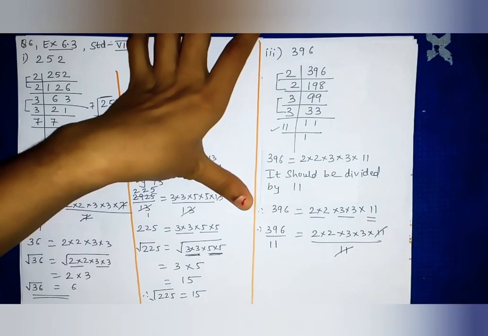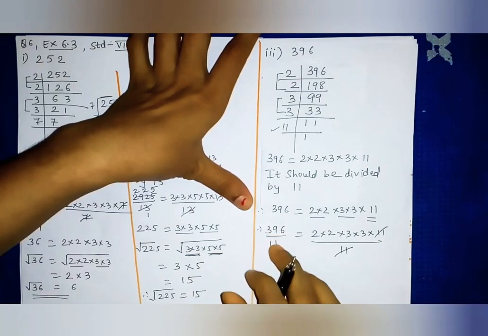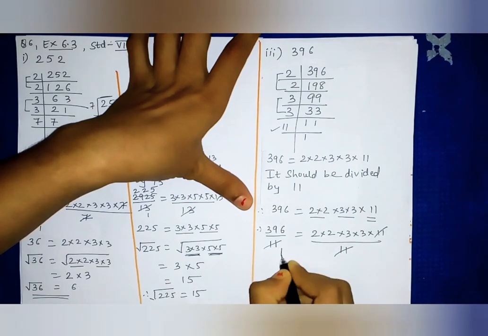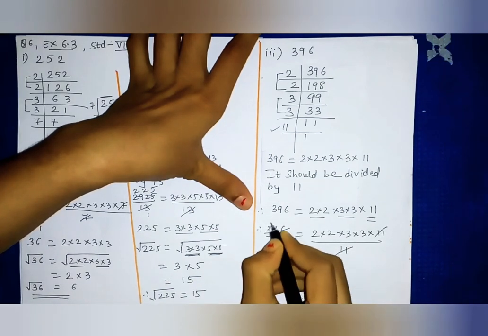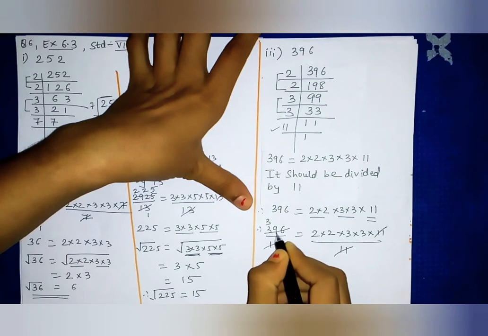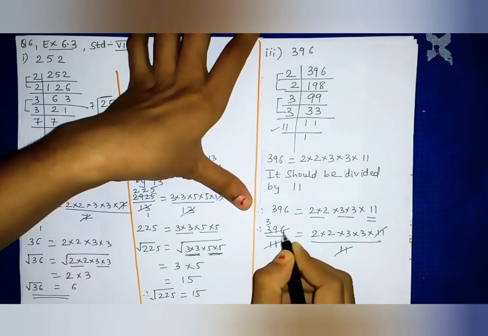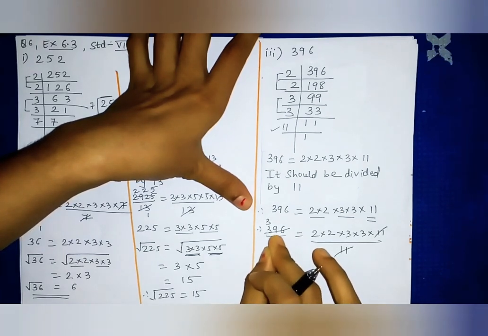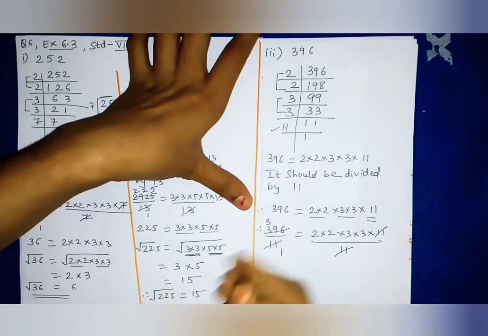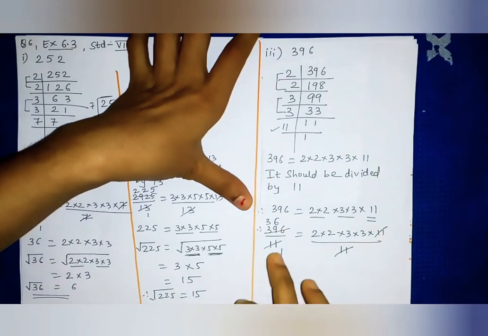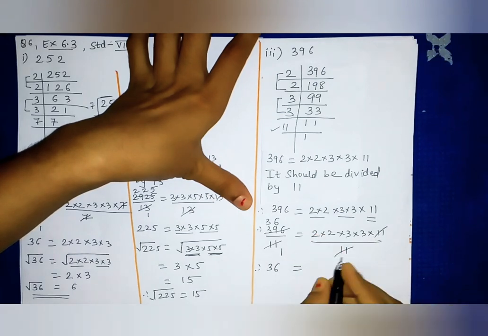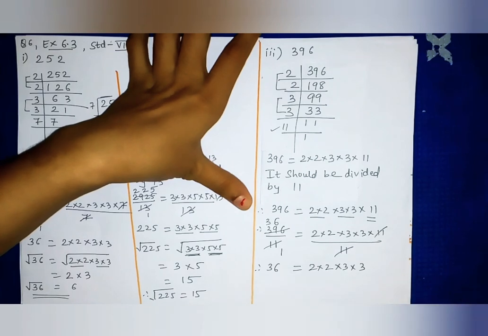Here 11 and 11 will get cancelled off. Here also cancellation is possible with 11. So 11 ones are, and here 11 threes are 33. 33. So 9 minus 3 is 6. So 6 is left, means 66. So 11 6 are. So 36 we are getting this side, and this side these factors are left, 2 into 2 and 3 into 3.